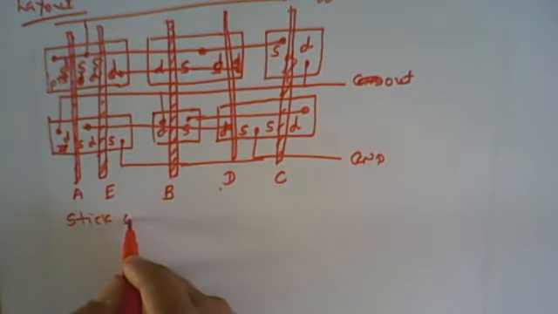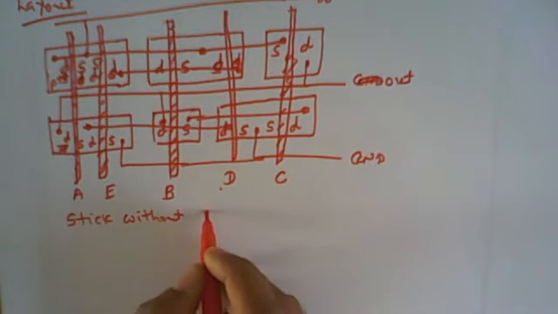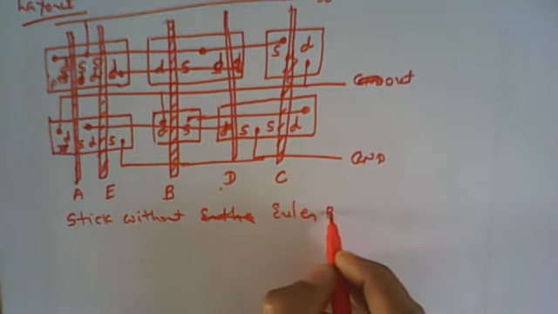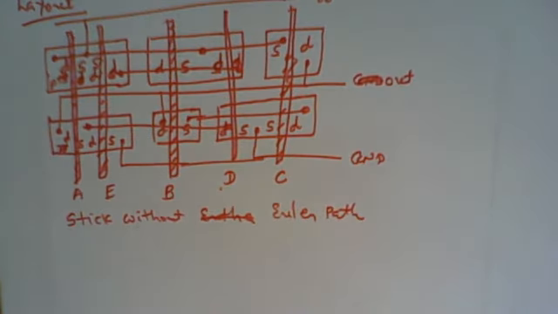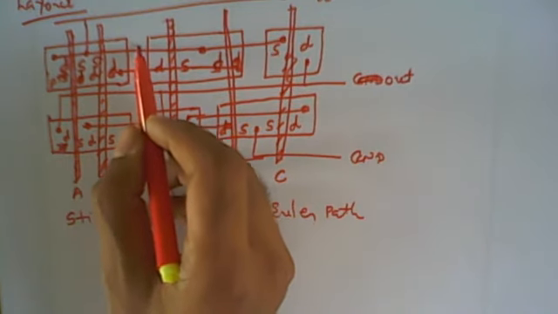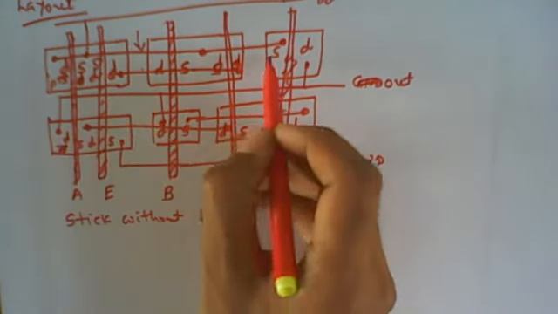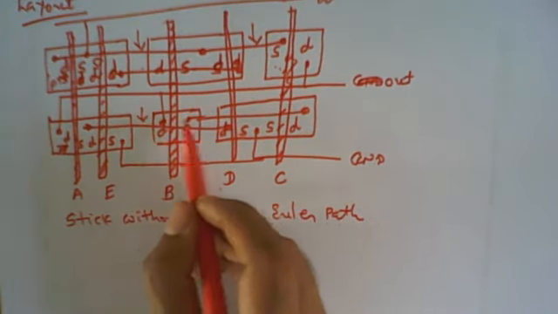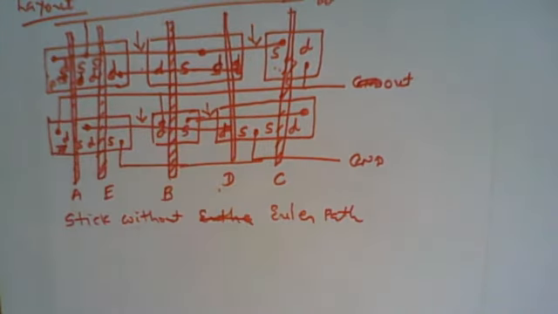So this is the stick diagram without the Euler path, without optimization, without Euler path, right? So here it has the wasted area. This is the space where it is. We cannot combine these two because they are not connected, not in common. So this space is not optimized. So the area is not optimized. It requires a larger silicon area if we have the layout without the Euler path.